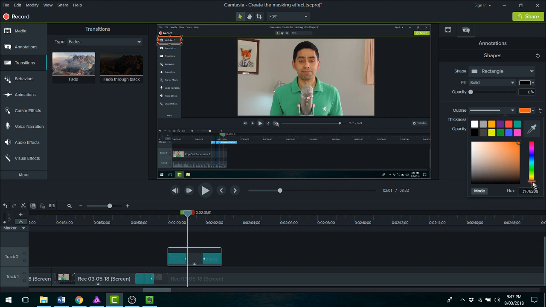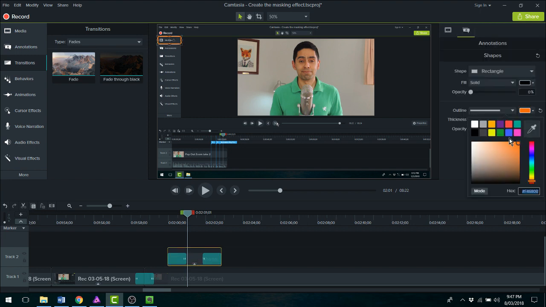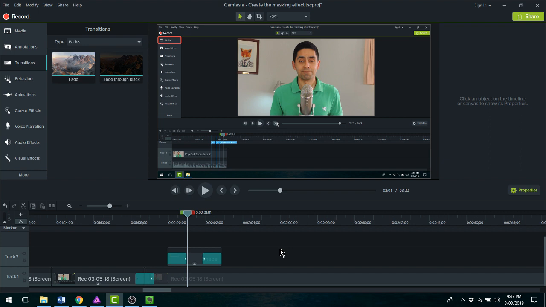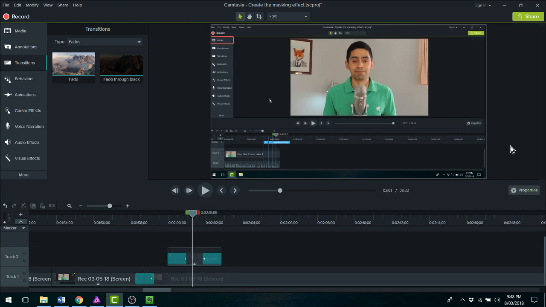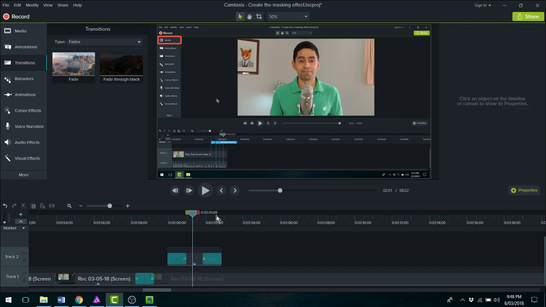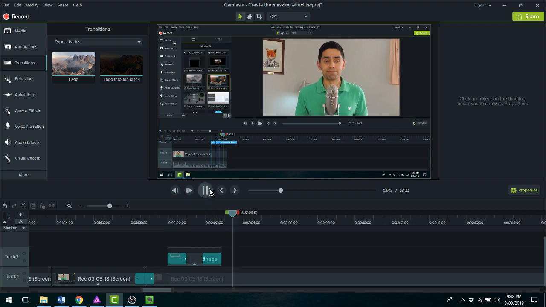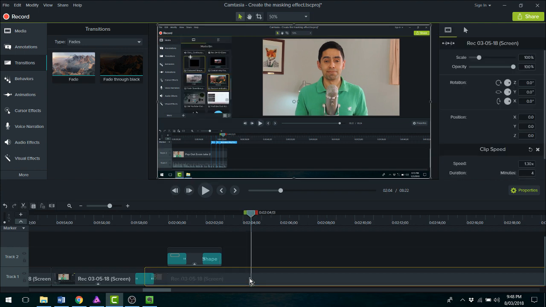Playing around with the colors here. I think that, look, at the end of the day, it's just a color as long as you can see it. Just make that a little bit wider, thicker, increase the thickness there. That's better. Go to the media bin, and then you want to start selecting, dragging. Okay, so here, what I like to do is another jump cut, make a split there,